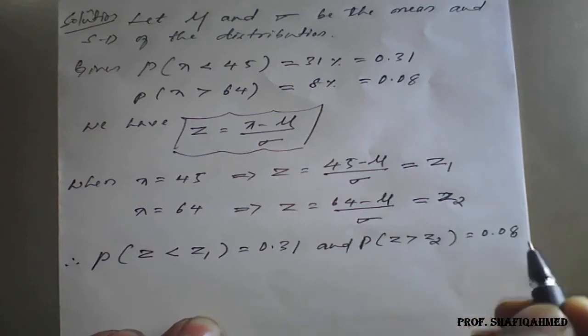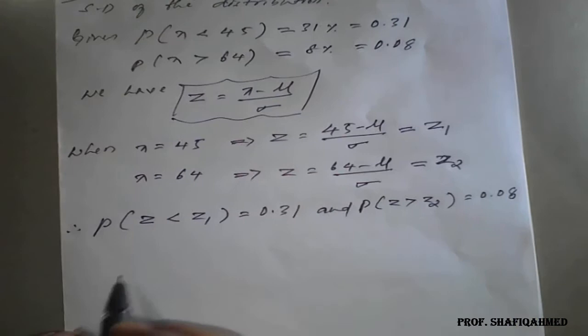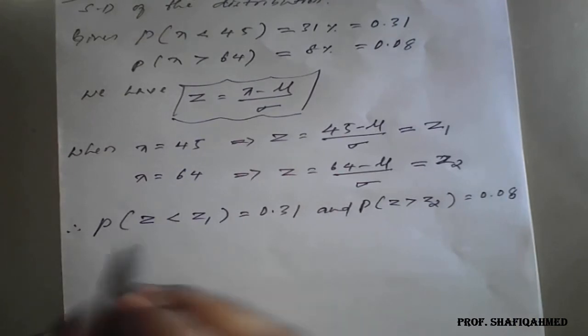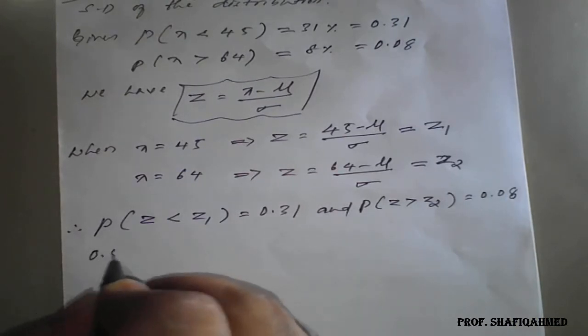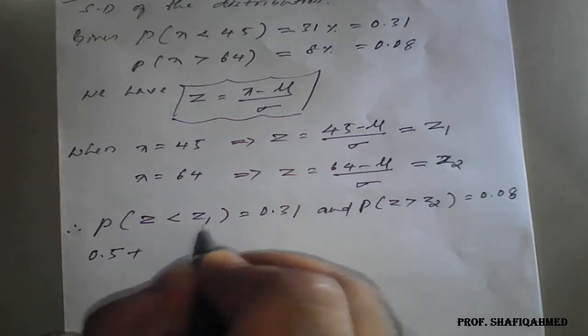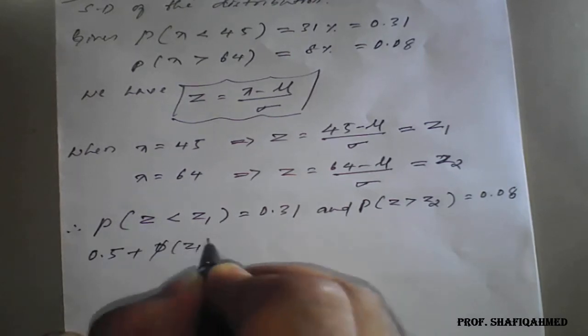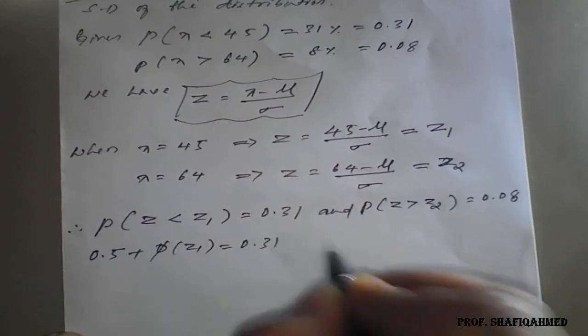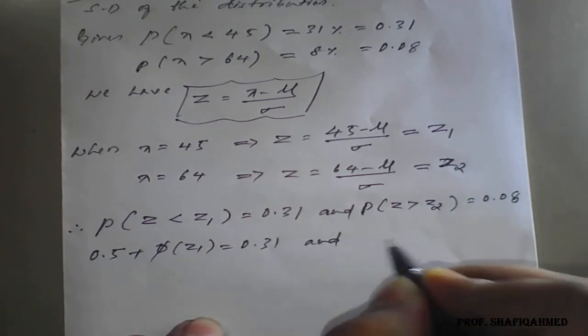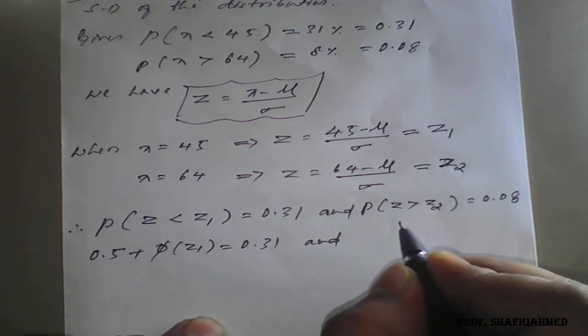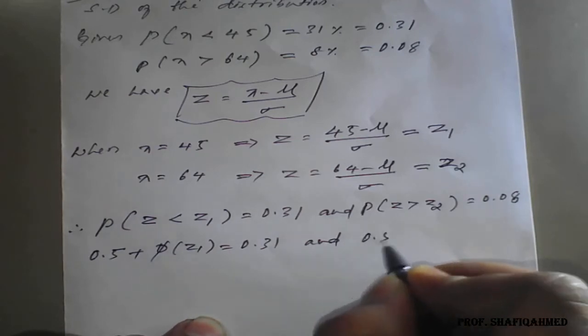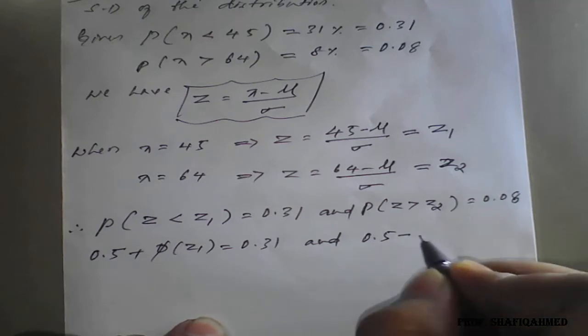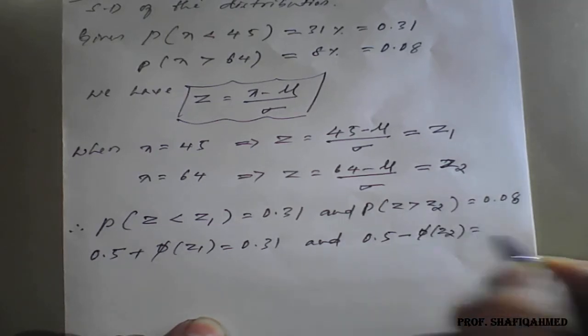So we'll simplify this one by one. As we know, in the basic formula, if P of z less than is there, it is nothing but 0.5 plus phi of this value, z1 is equal to 0.31. Similarly, here it is greater than, so it will be 0.5 minus phi of Z2 is equal to 0.08. Shift the 0.5 to the right hand side, so we'll get